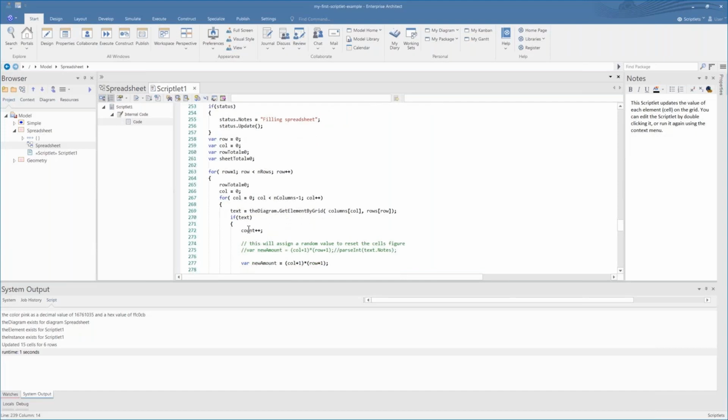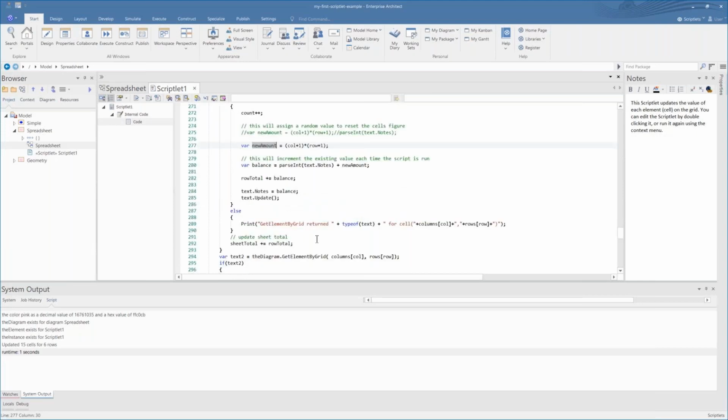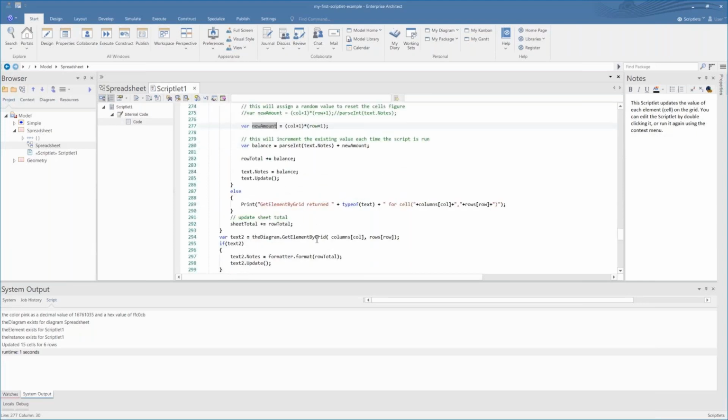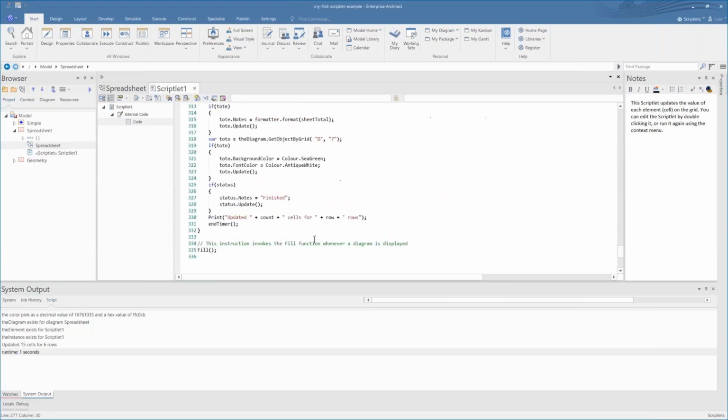Within the model wizard, there are examples of working spreadsheets, examples of working mathematical functions, and examples that show you how to change the background color, the font color, and the color of the grid, and show you some working code so that you can get up and running and see how scriptlets work, and have fully completed examples that you can put into your models with just a few clicks, and then you can modify and update accordingly.